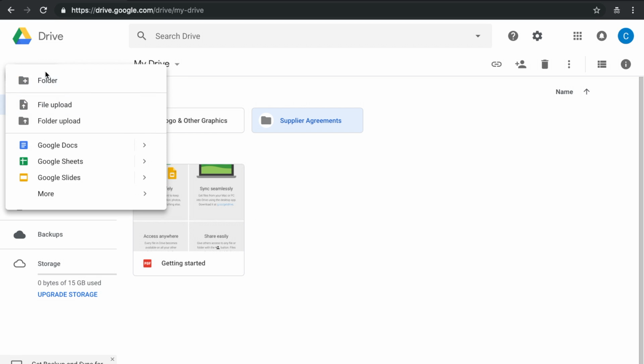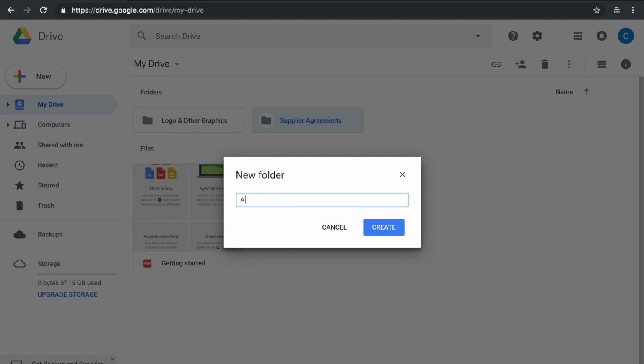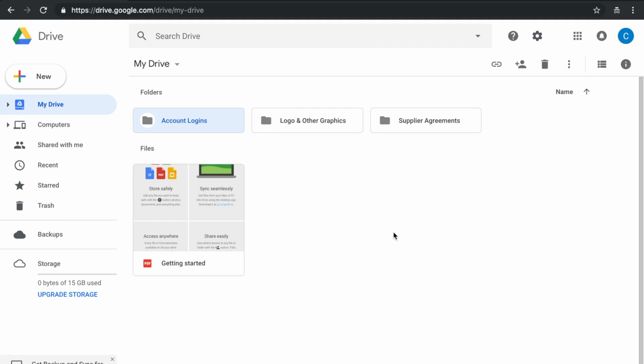The next thing you're going to create is a folder for account logins. Your social media passwords and everything else like that, you can keep copies in here if needed. And you can create any other folder that you may need down the road and keep it all